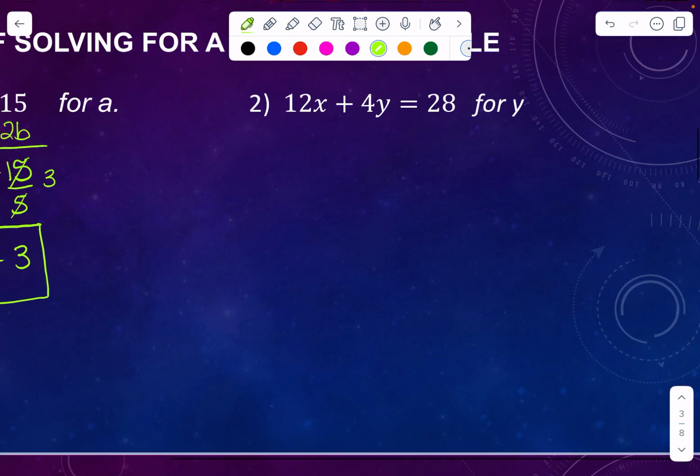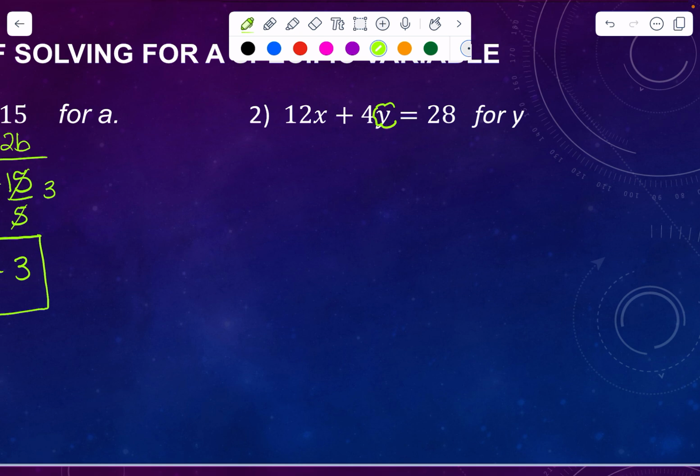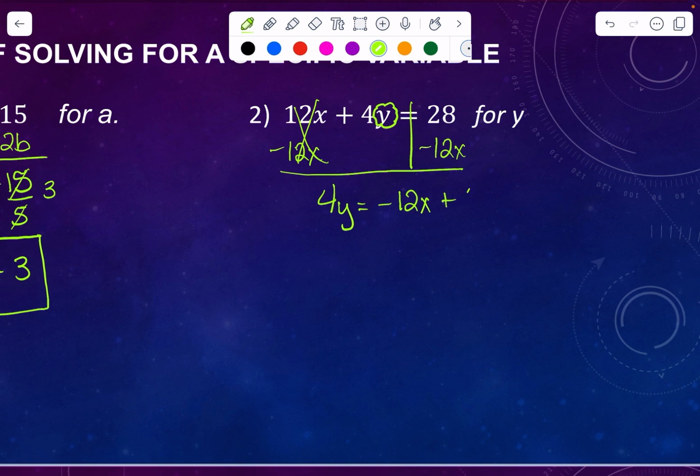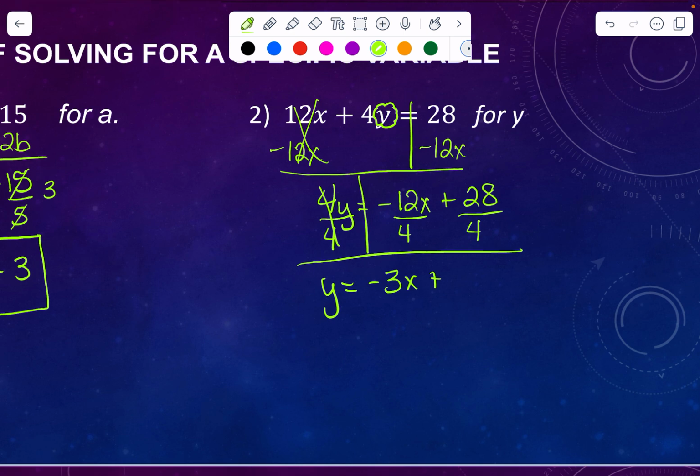All right, let's take a look at number 2 here. On number 2, I want to get y by itself. So that means I need to get rid of the 12x first. So I'm going to do that by subtracting 12x. I always like to write the thing with the variable in the front. So I'm going to go negative 12x plus 28. Then we would get rid of the 4 by dividing everything by 4. And that's going to get us negative 3x plus 7. Because 4 goes into 12 3 times, 4 goes into 28 7 times. And that's how we simplify just a basic